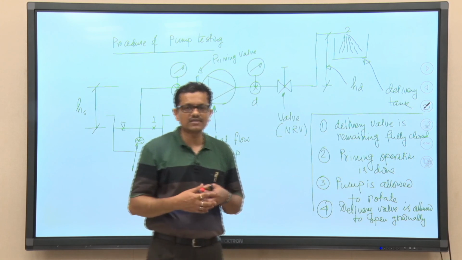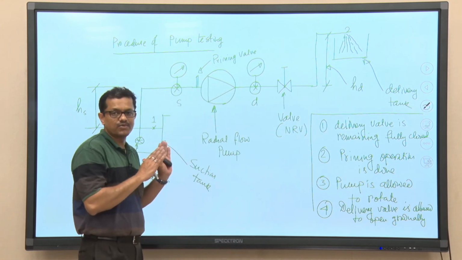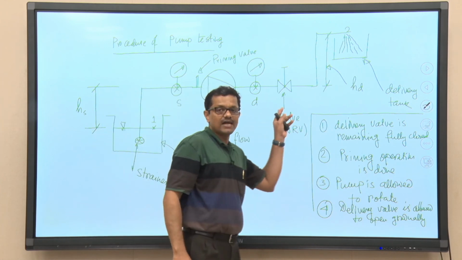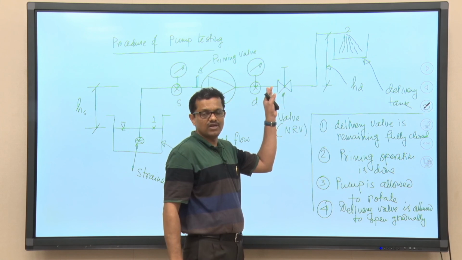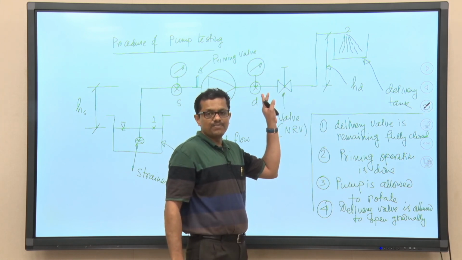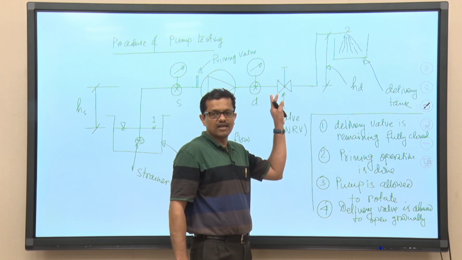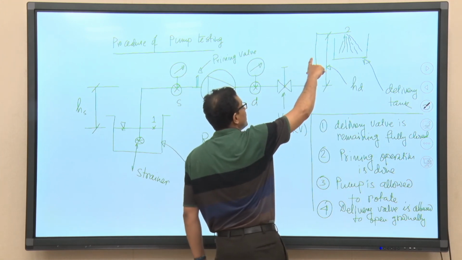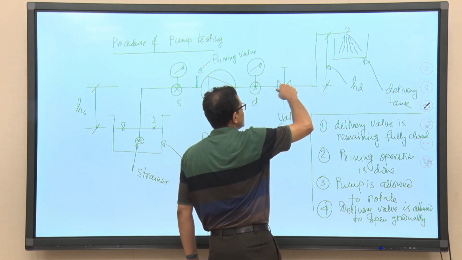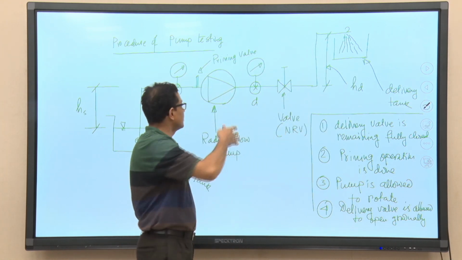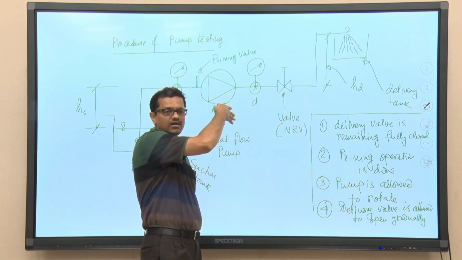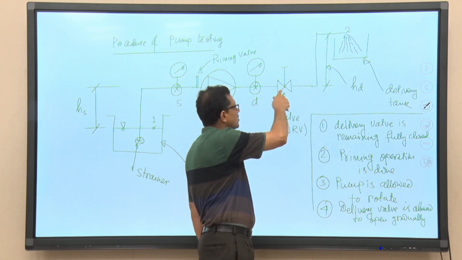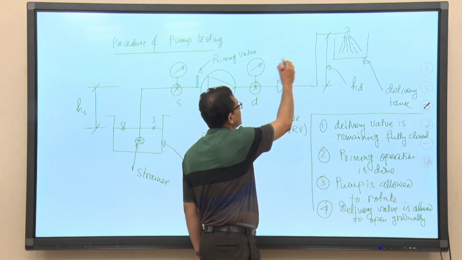So, to summarize today's class, we have discussed the pump testing procedure, and the need for priming, and the non-return valve that I have given, which will remain fully closed. I am telling you from the practical point of view, because this is a non-return valve. Now, say this is the water column, I mean if it is the static height, this is the water column. This non-return valve is a one-way valve. In any case, if the pump trips for any reason, what will happen if this is not a non-return valve? Since this is a non-return valve, it will allow liquid to move only in this direction.